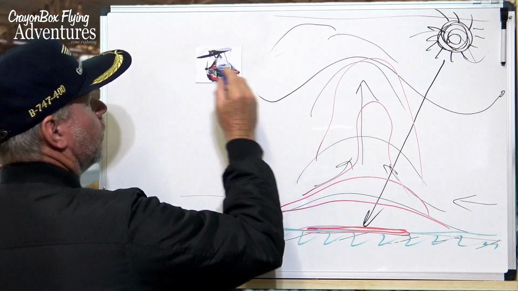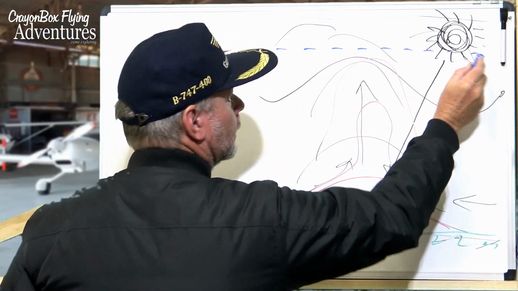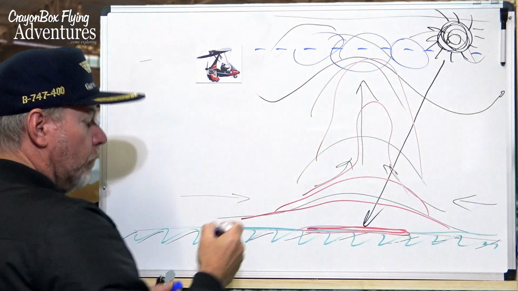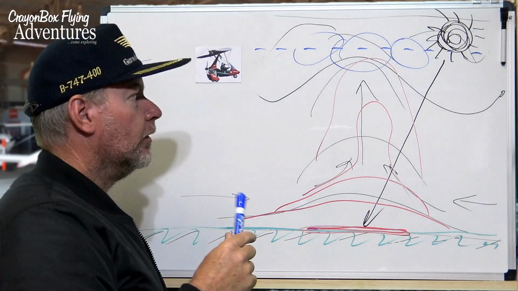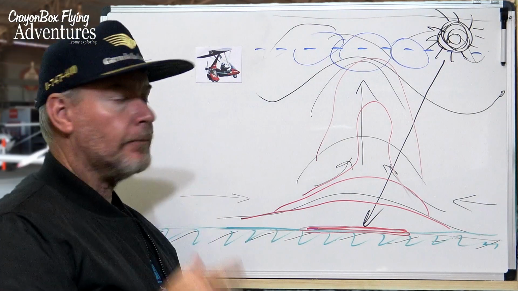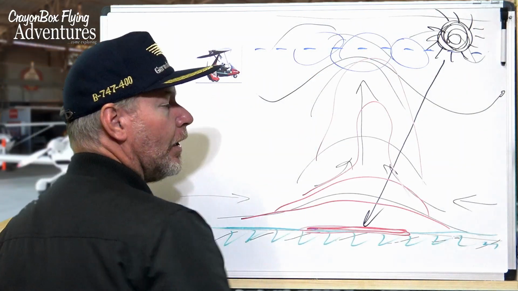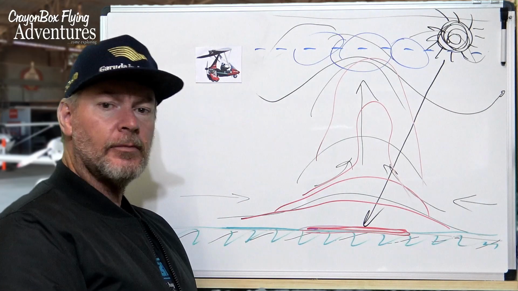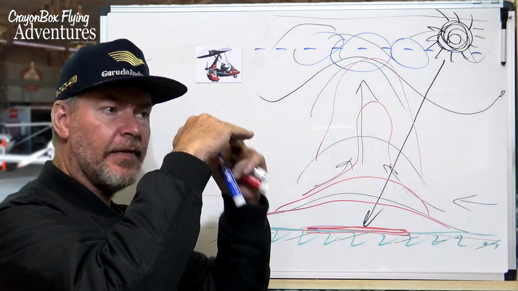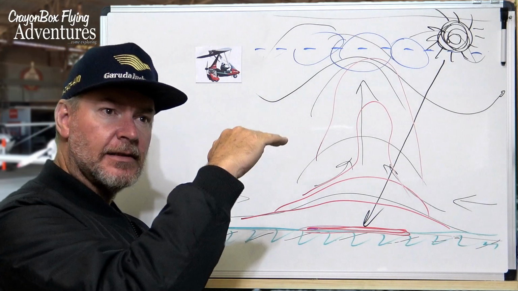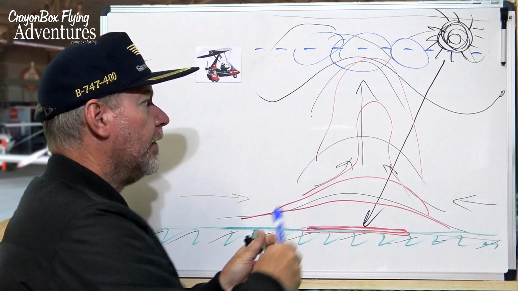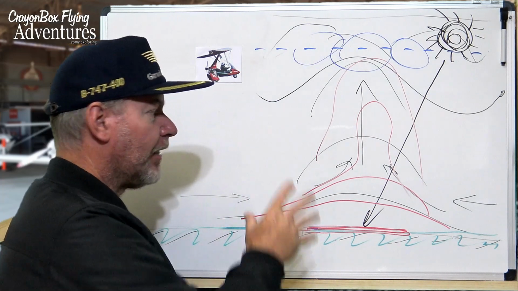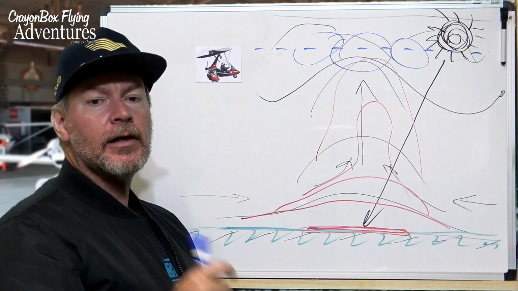So it reaches a point where it's equal in temperature and it forms clouds, and that's called, I don't even know what it's called, you gotta look that up. So this is where it becomes neutrally buoyant with the air around it, and that's where you'll see the white clouds on a summer's afternoon. That's where they stop, and that's why they're all on the same layer, because that temperature has equalized and the buoyancy has equalized. There's a lot more going on here, but that's the general gist of what a thermal is